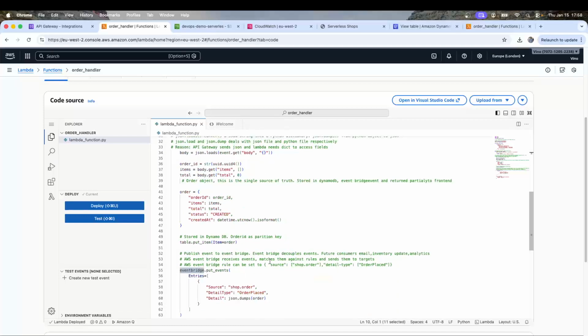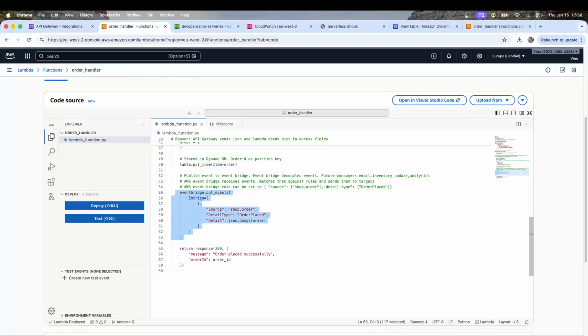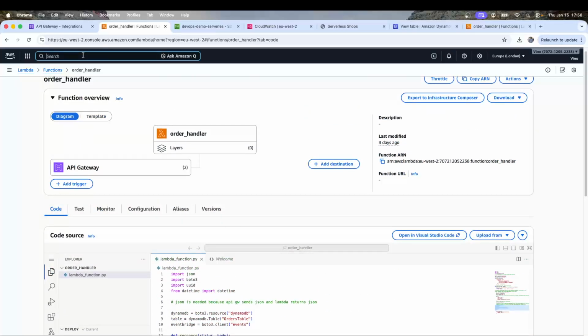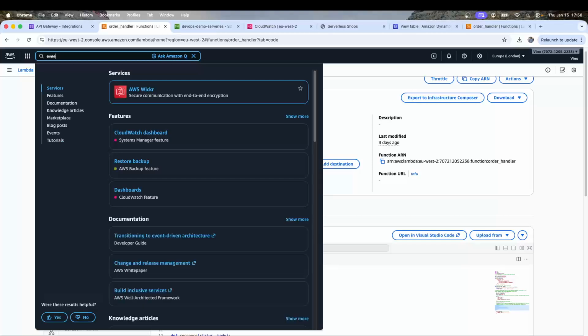So what is EventBridge here? EventBridge will just trigger this Lambda. This Lambda does two things. One, it will update the DynamoDB database, and then it will update the EventBridge. Okay, so in EventBridge, what does AWS EventBridge do? Once the data arrives in the EventBridge,